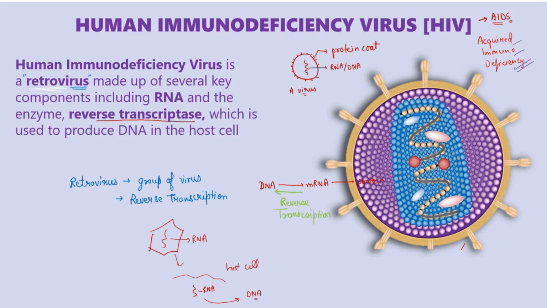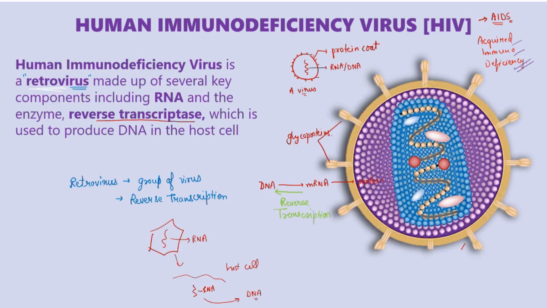You see these rod-like structures on the membrane? That is the envelope of the virus, and these are glycoproteins. Because of this enveloped structure, the HIV virus remains undetected within our body. Although in some cases it gets detected and our body produces antibodies against it, those antibodies are not efficient enough to fight this virus. Please write it down.